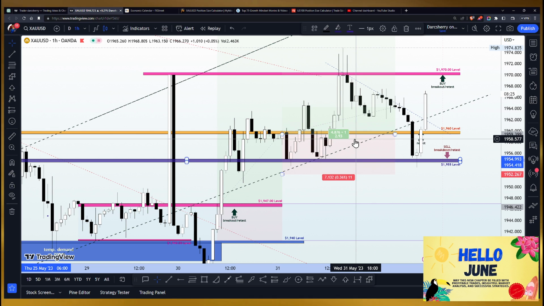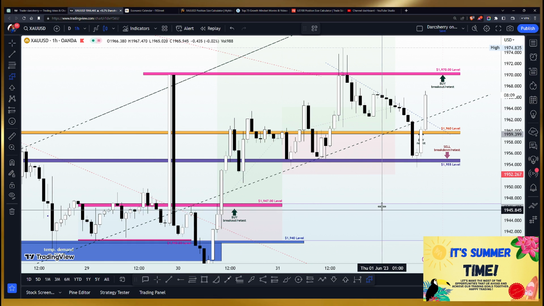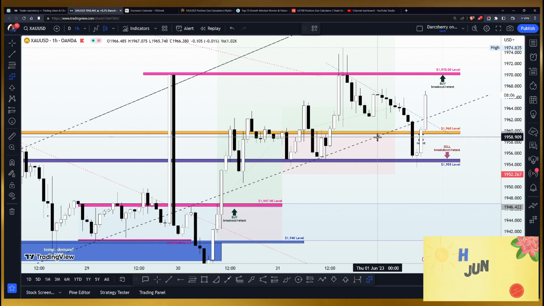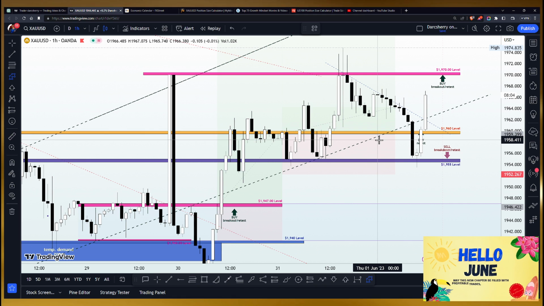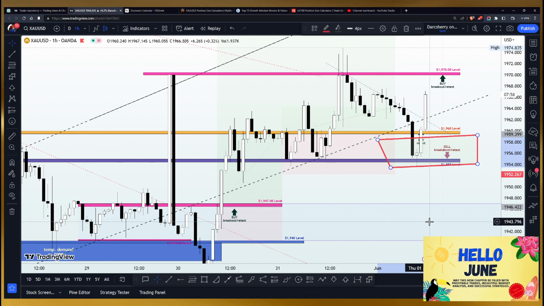And mind you, for those who still have a buy position running, you know how we do it here. You want to ensure that you move all your stop losses to secure the current position. We don't want to lose out on what we've had so far, so it's appropriate that we move our stop losses. And from this current structure here and where price action is right now, I will suggest that anywhere below the 1958 and the 1955 area seems most appropriate to place your stop loss at this point.